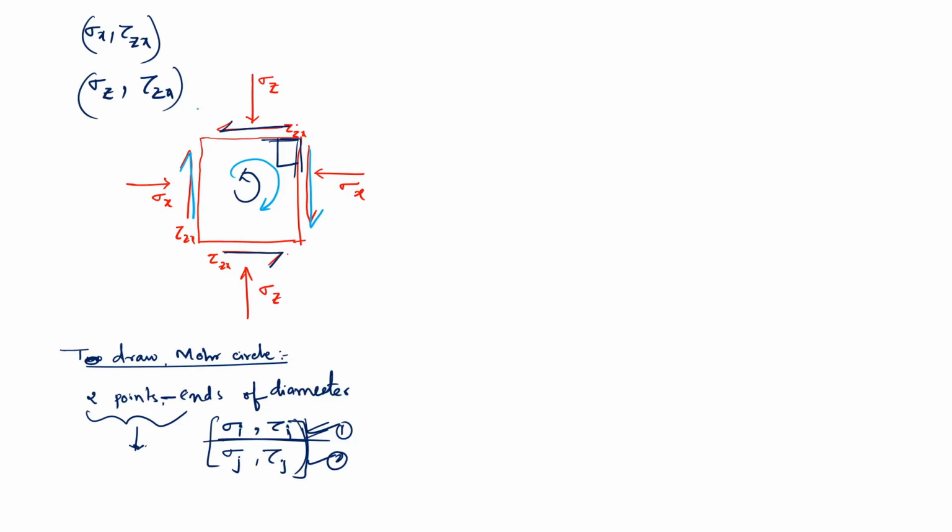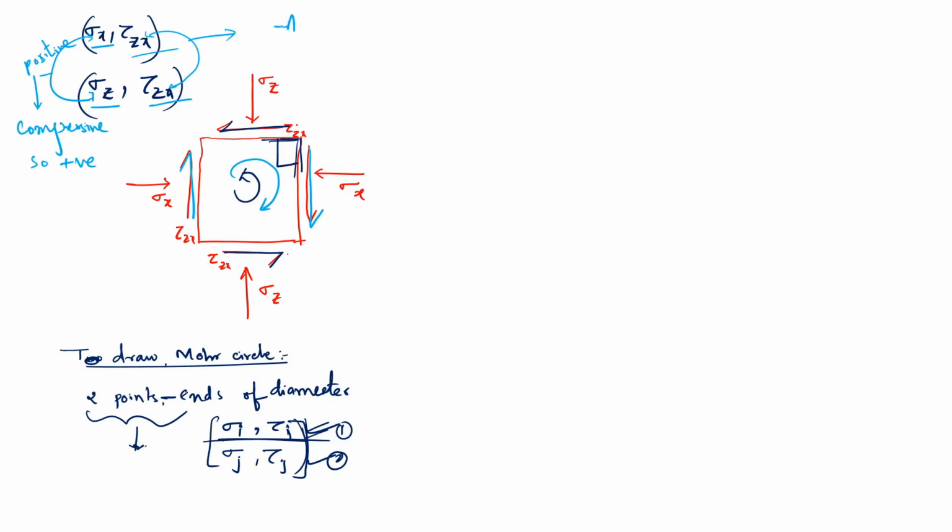Sigma z and sigma x are both positive, because it is mentioned that compressive is positive. For the shear stresses, you can consider anti-clockwise positive or clockwise positive. Let us consider anti-clockwise as positive